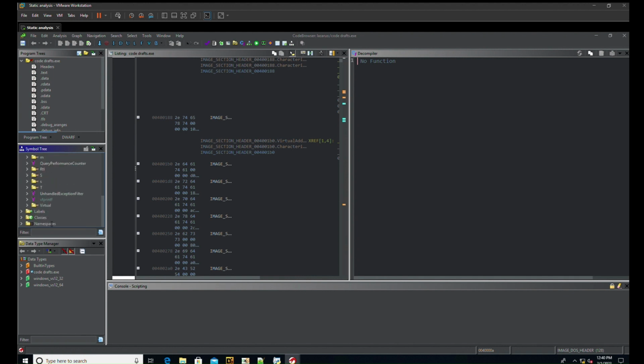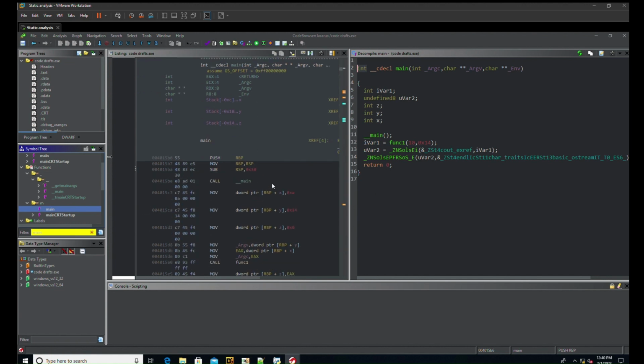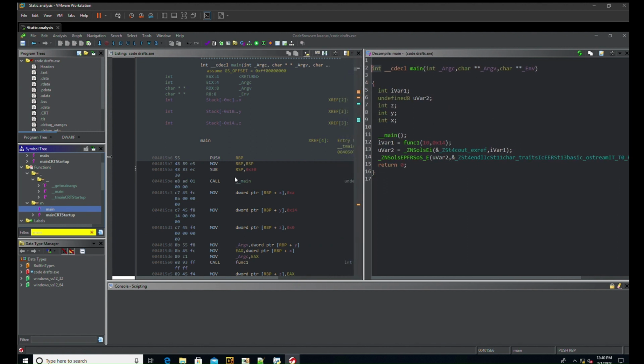Oh, well, I'm just going to search for it anyway. Main. Main's there. Cool. So we're in main, and already, actually, this is a really good way of showing the difference between the assembly section and the decompiler. As you can see on the left hand side here, we're looking at push, move, sub, call, move, call. Now, this probably doesn't make much sense. We've also got some stuff here, dword ptr, rbx plus 0xa, 0x14. All of this stuff, if you've never seen it before, looks like